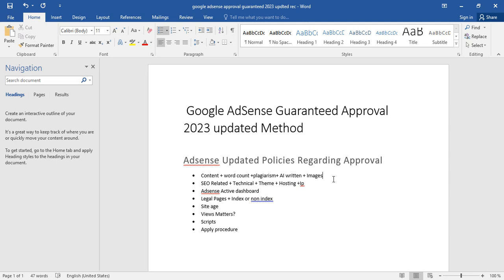Don't rely on shortcuts, because every month Google launches updates again and again, and starts catching the people that are using shortcuts. So if you are using shortcuts for images as well, you should use a creative mind. You should use Canva. Just buy a subscription plan and use it.